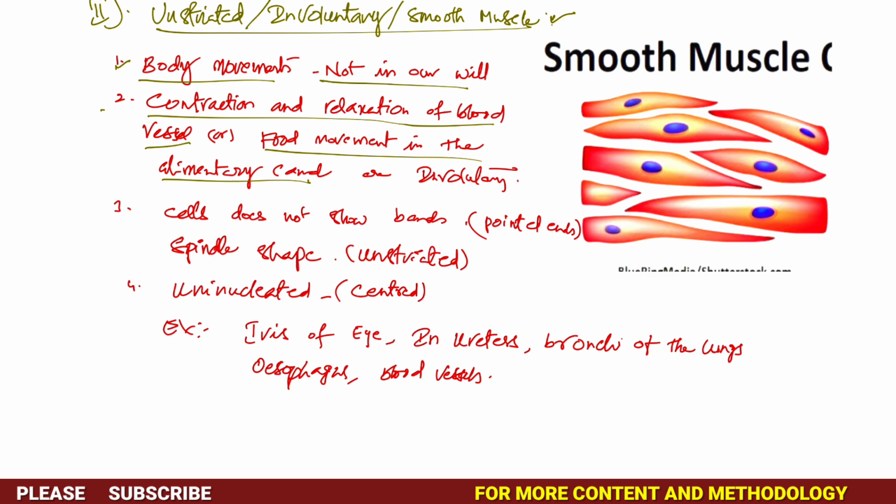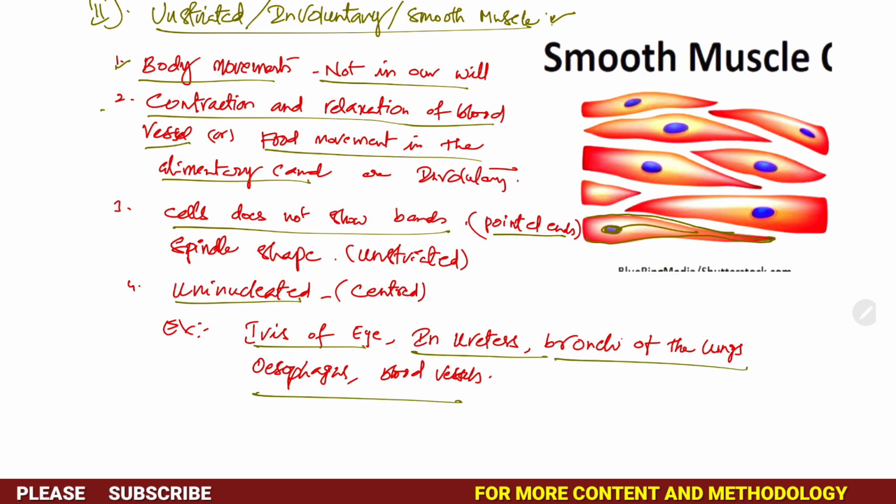Okay, so in this tissue, cells don't show any bands like striated muscles. Smooth muscles have no bands and have pointed ends, just like you can see here. Every cell has a pointed end, like a spindle shape, and is also uninucleated, which means only one nucleus in the cell, centrally located. Okay, this is all about unstriated or involuntary muscles. We can find it in the iris of the eye and also in ureters, in bronchi of the lungs, and esophagus